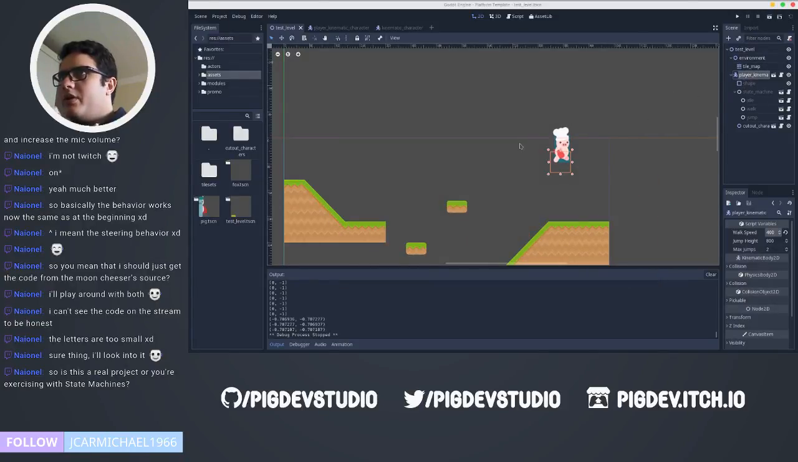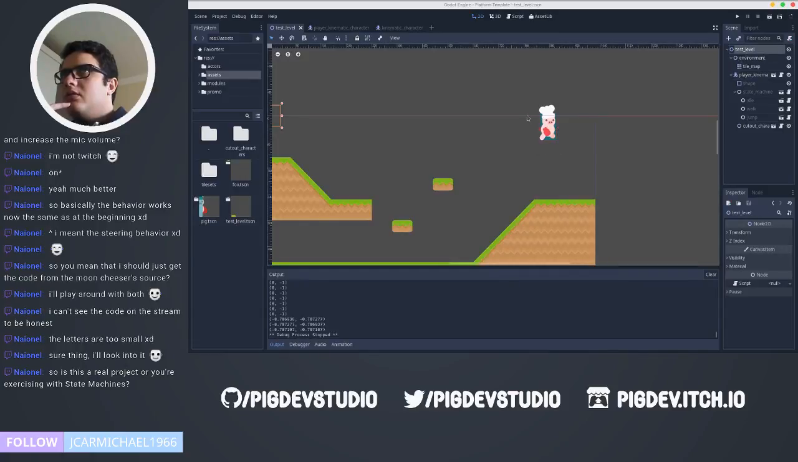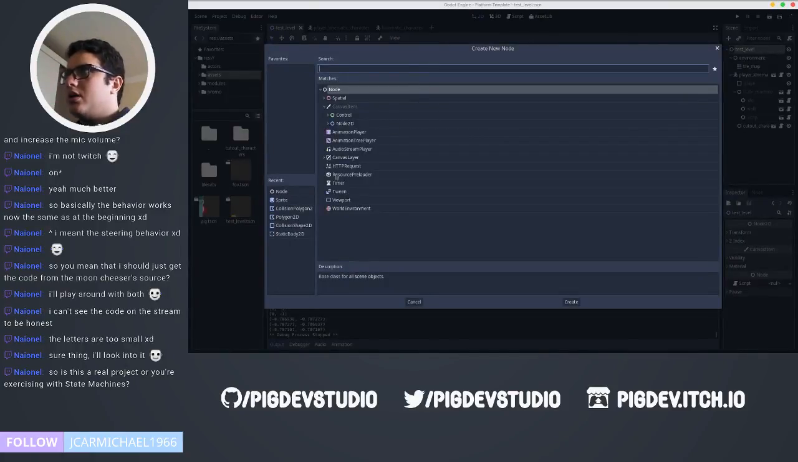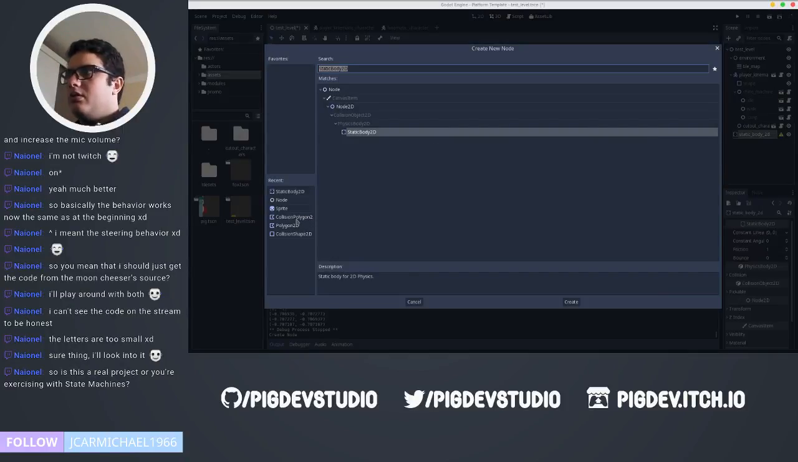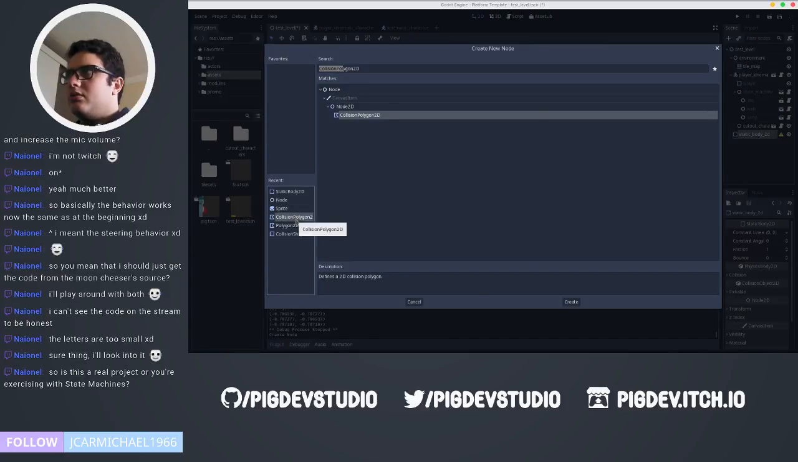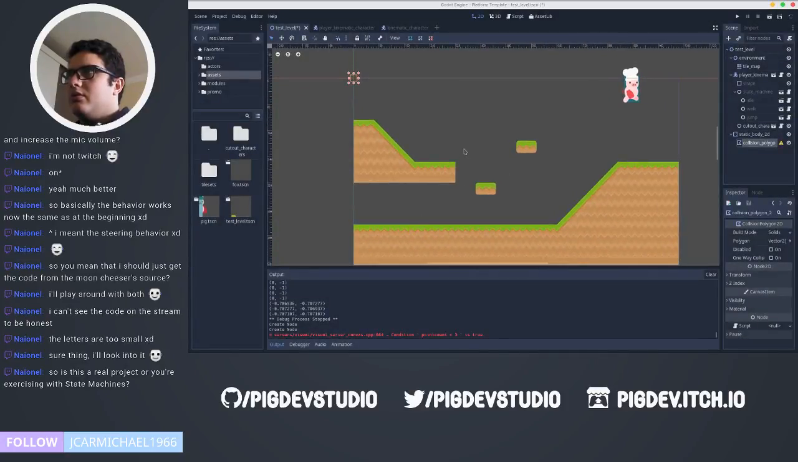This is something I will have to fix later. Let me just check if I can make a static body polygon 2D with like